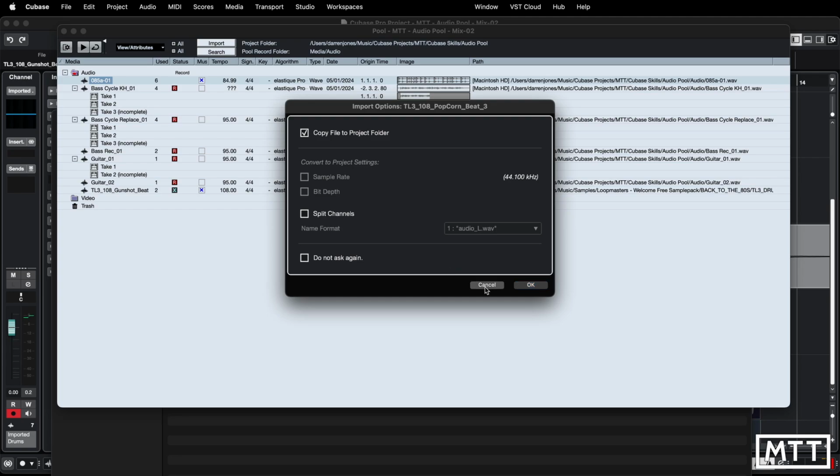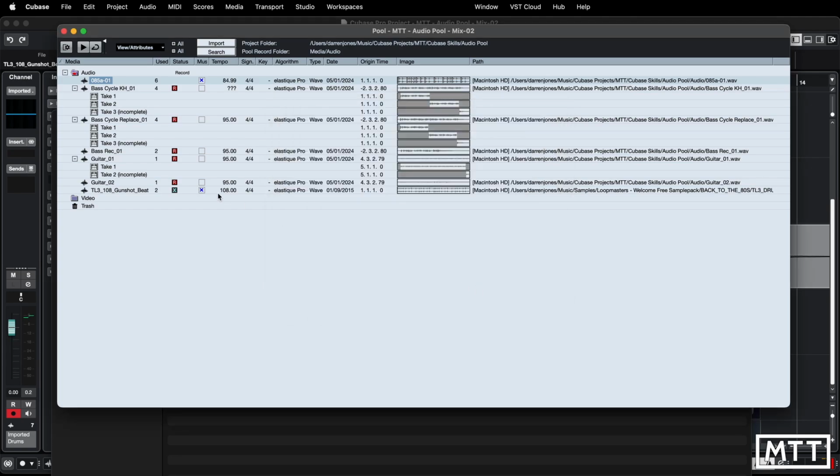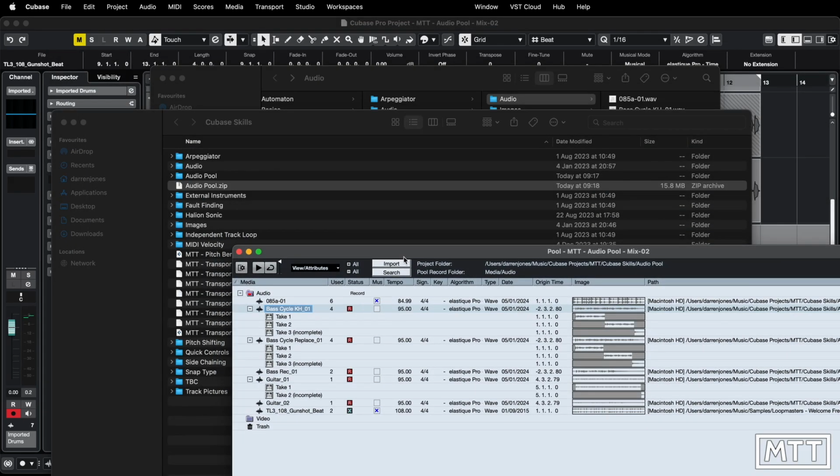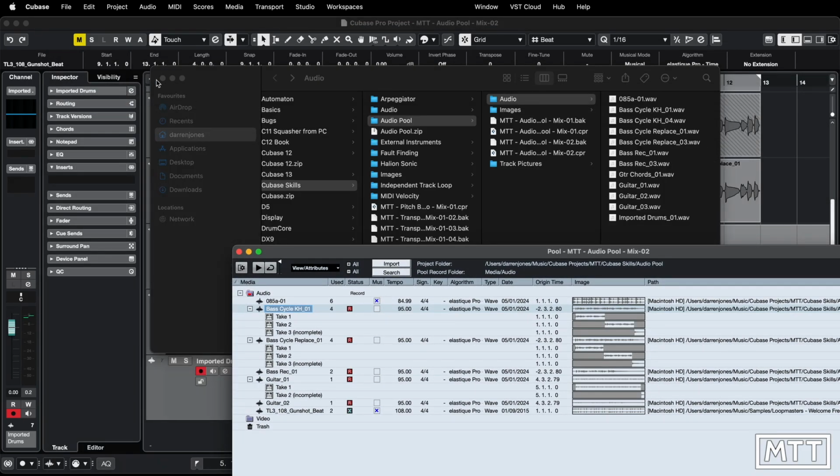Now, finally, we're just going to look at the effect of the musical thing and the tempo here. So you can see that everything that's been recorded, nearly everything that's been recorded, is recorded at the right tempo. But you can see that actually the original tempo of our bass cycle KH isn't in there. So we need to type. So I'm just going to double click and put that in. And now, as long as that is correct, when we go to our